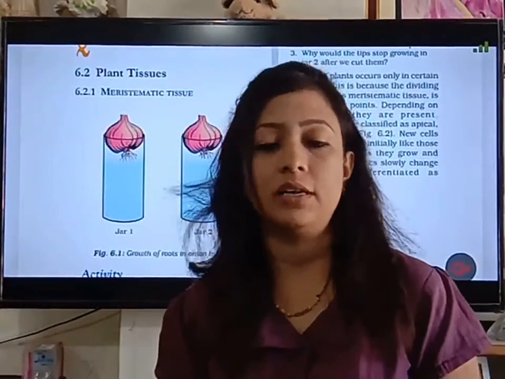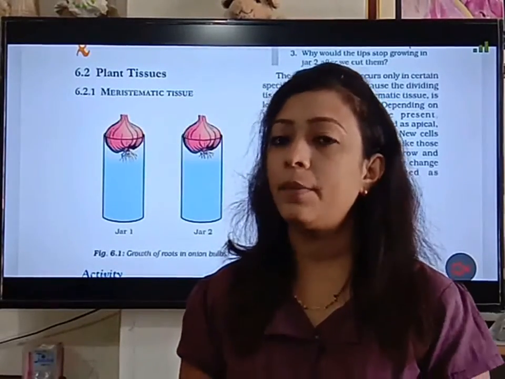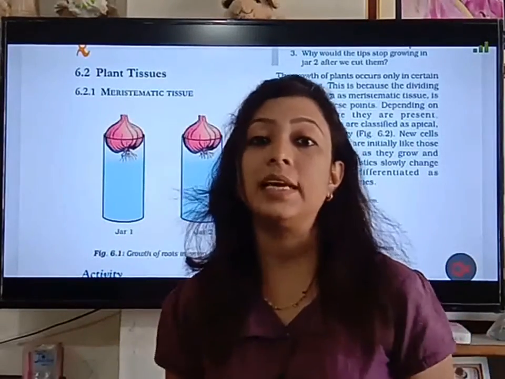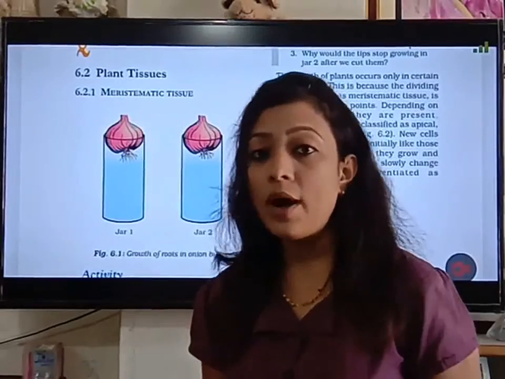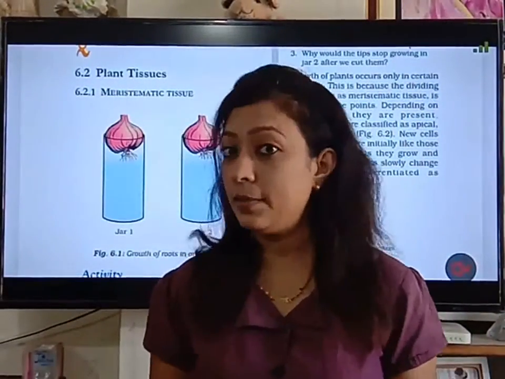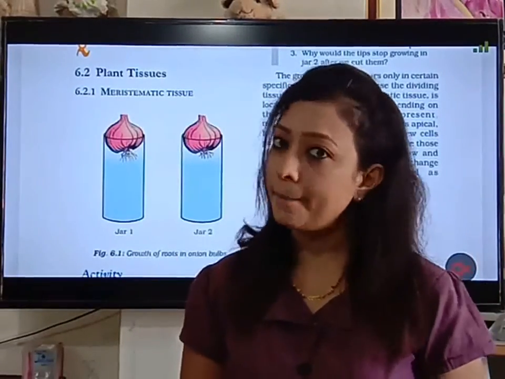not grow further. So what it shows is that the meristematic tissues are the only permanently growing tissues, and these tissues help in increasing the length of root and shoot, while the other tissues behind the meristematic tips are permanent tissues, and permanent tissues are not growing tissues in the plant body.